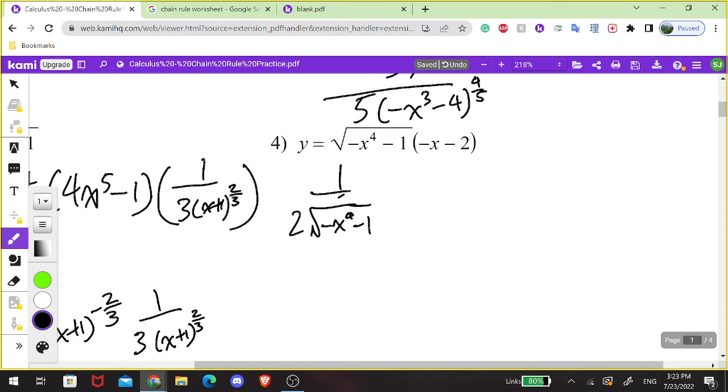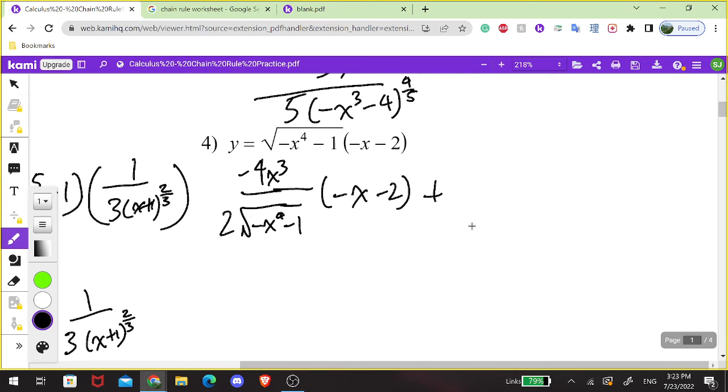Okay, that is without chain rule. Obviously, we're not done here, because we still have to use chain rule. So now this has to be multiplied by the derivative of g of x, which is the inside. The derivative of negative x fourth minus 1 will be negative 4x cubed minus 0. Okay, that's the first term, times the normal of the second term, negative x minus 2,